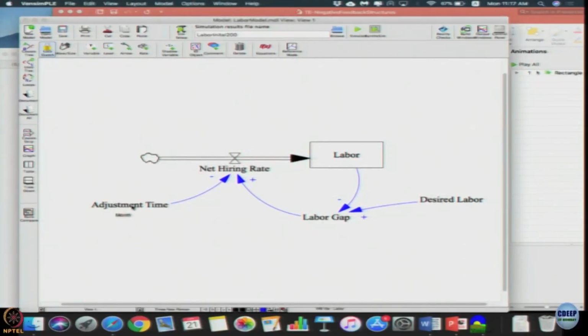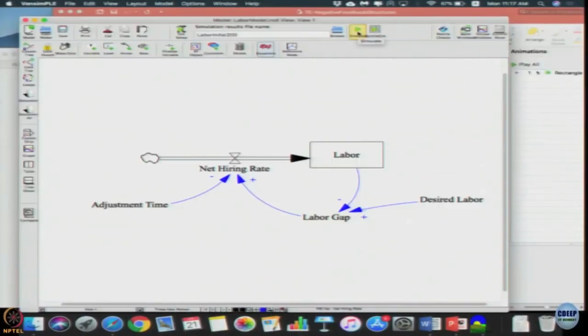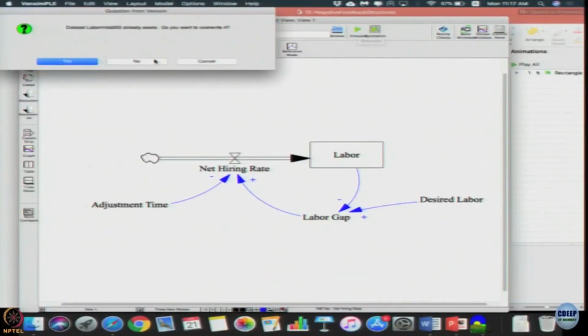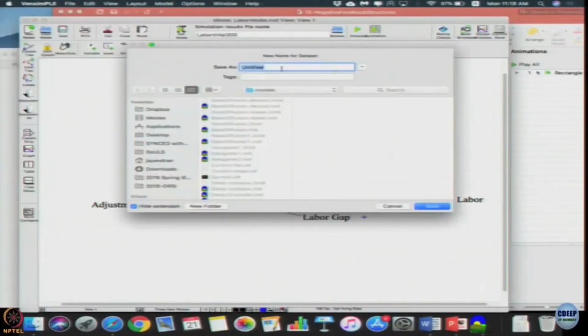When you change the adjustment time, what do you think will happen? If adjustment time goes from 6 to 2, how do you expect the shape to change? If adjustment time is lower, we must reach the goal sooner, earlier, right. So we can try that. Go to equation, change adjustment time to say 2, run it, overwrite, I am just going to say no, labor initial 2 8 2,